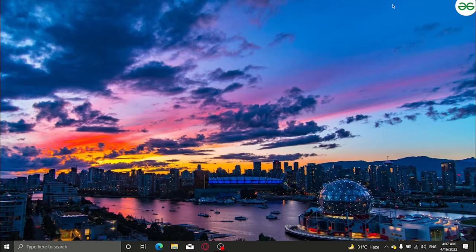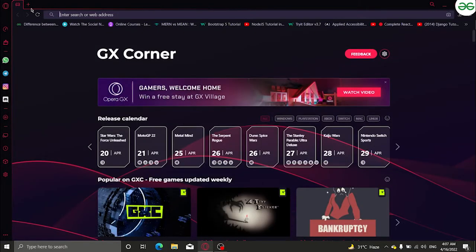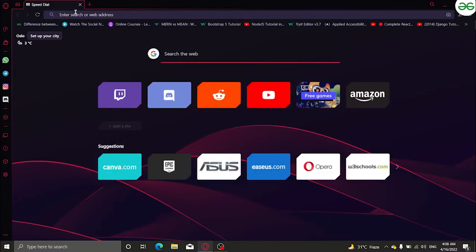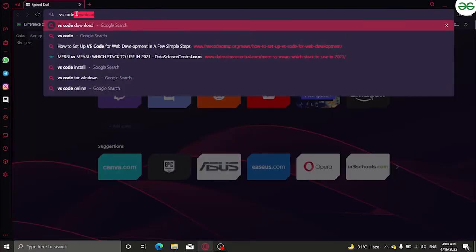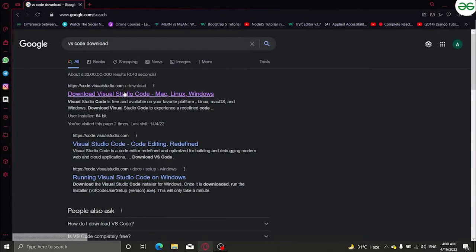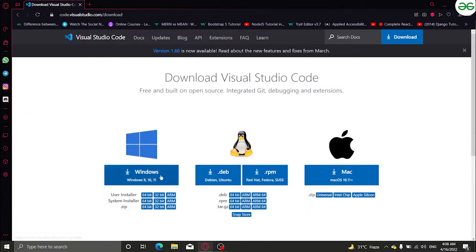To learn Python, we have to install it. First of all, we have to install a code editor. So for that, here I will be using VS Code, right? I will click on VS Code and I have clicked on VS Code download. As soon as I download it, I will click on the first link, which is Visual Studio Code. Here you can select your operating system. If you are on Linux, you can select Linux. If you are on Mac, then Mac. Mine is Windows, so I have selected Windows.